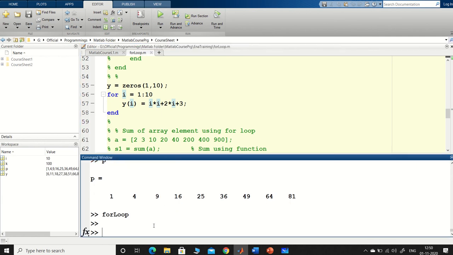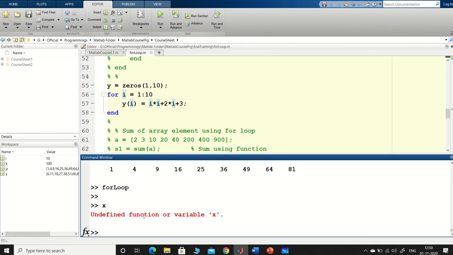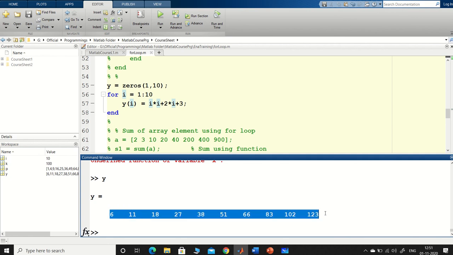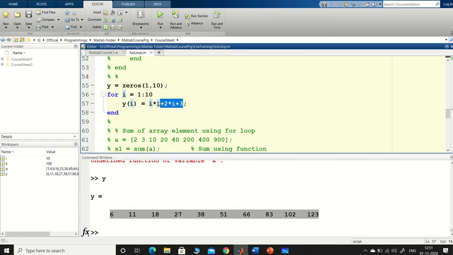So if you see, x was 1 to 10, sorry, y is 10 values having all these 10 values. Okay, for each value of i, like i is equal to 1, 2, 3 up to 10.